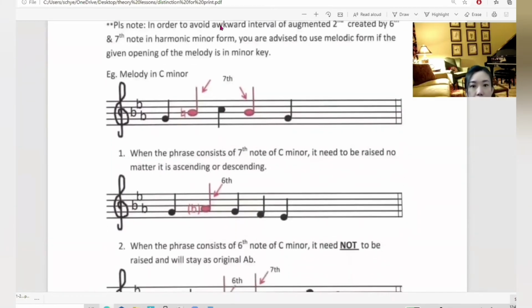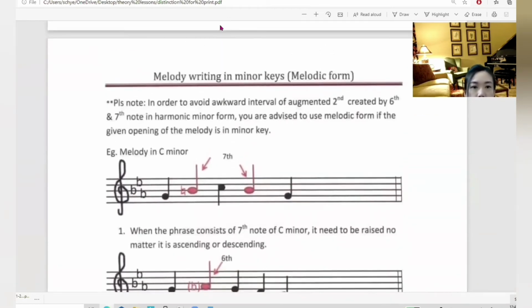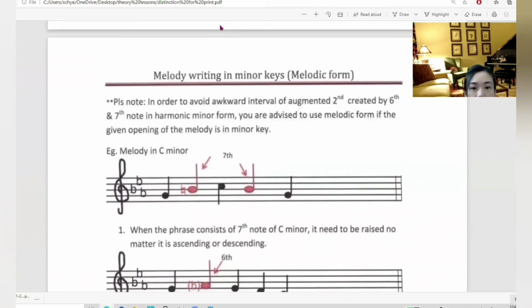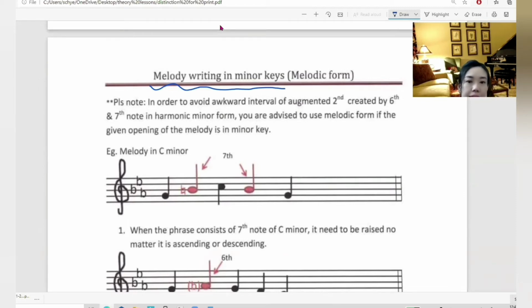Okay, here we look at the 5 rules that we need to follow. And for melodic writing in minor key, we have to use the melodic form, not harmonic form. Because melodic form will raise the 6 and 7 note, and it avoids the augmented second interval in the 6 and 7 note. If you use harmonic form, we only raise the 7 note, and the 6 and 7 will form an augmented second interval. For instance, in C minor, the 6 and 7 note is A